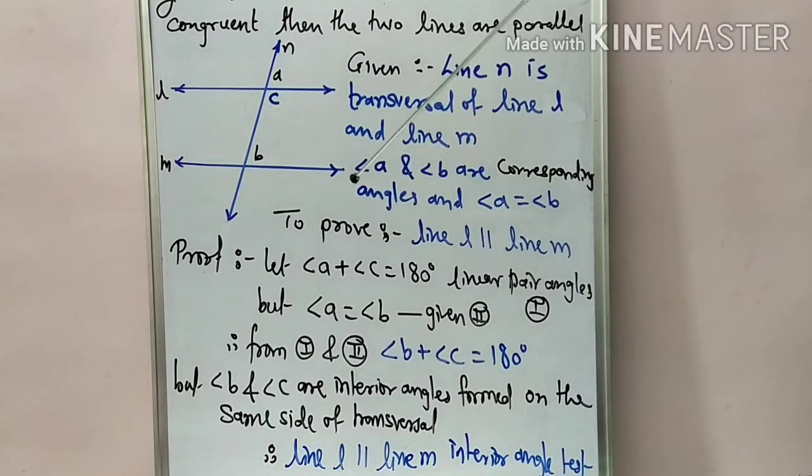So it is the same as we saw in the alternate angle test. Just what you have to do here, in the alternate angle test you place this A here, and for the corresponding angle test, that same A here we replace it at the position of the corresponding angles. Okay, so for 3 or 2 marks, these tests are asked in exams, to write down the proof. Okay, and using this test, now we have to solve practice set 2.2. Okay, so here we start practice set 2.2.